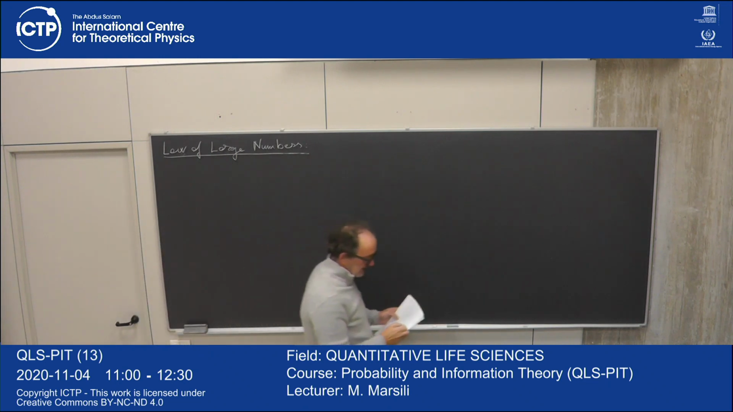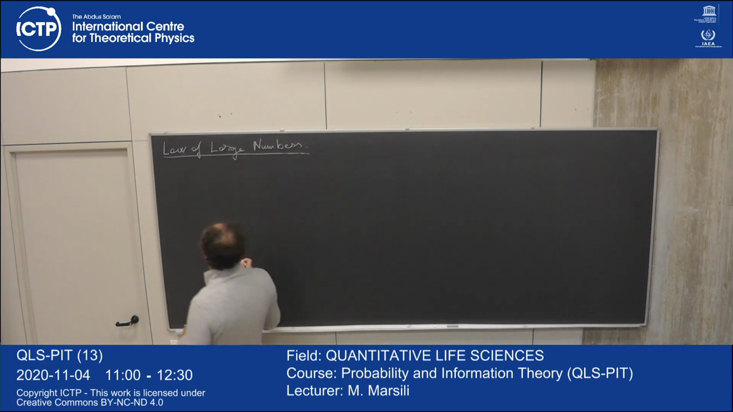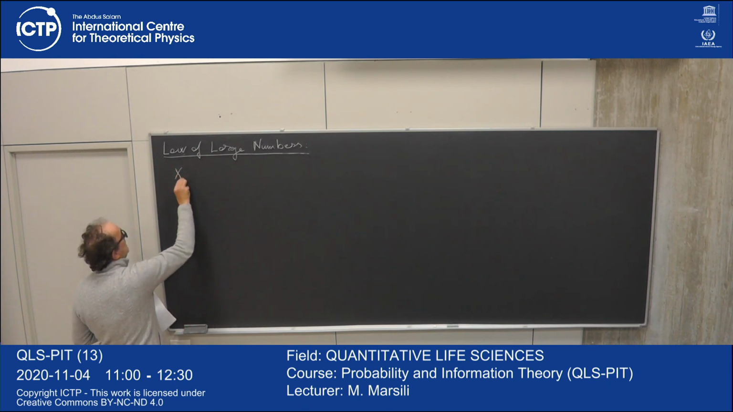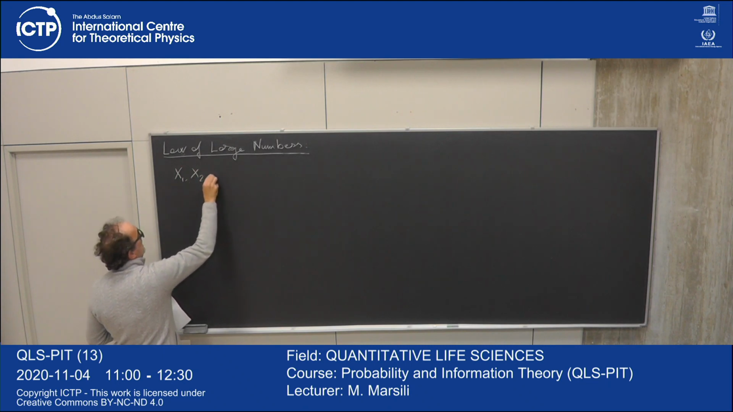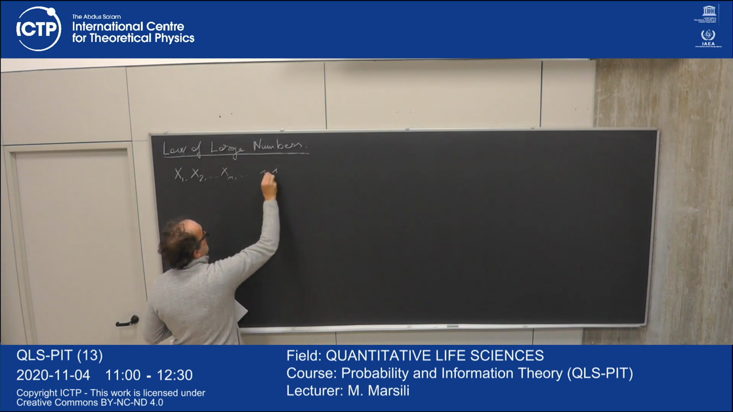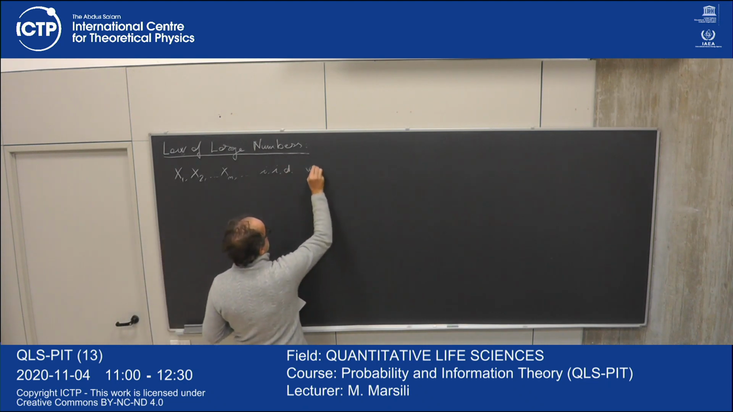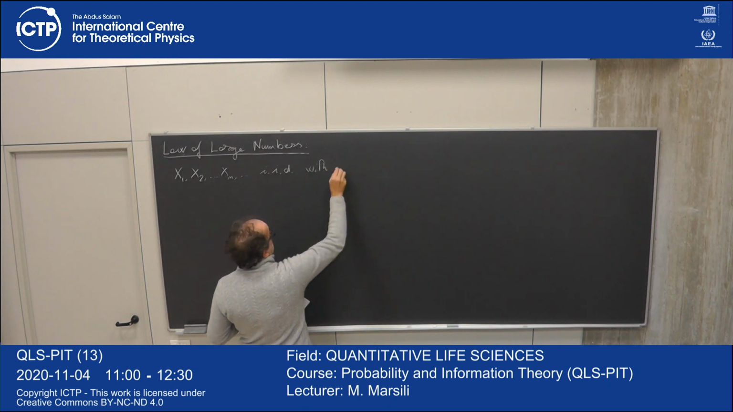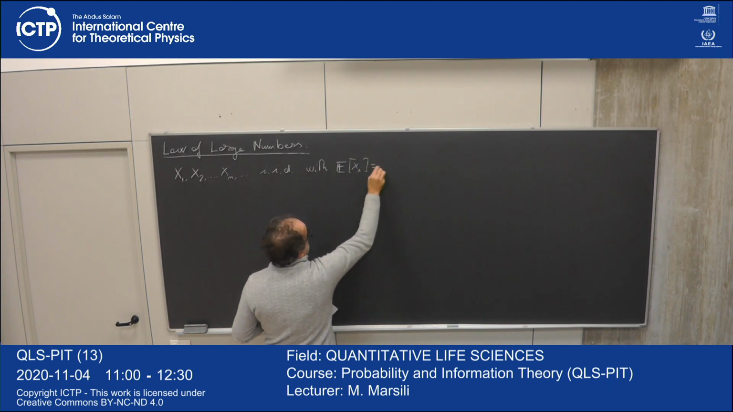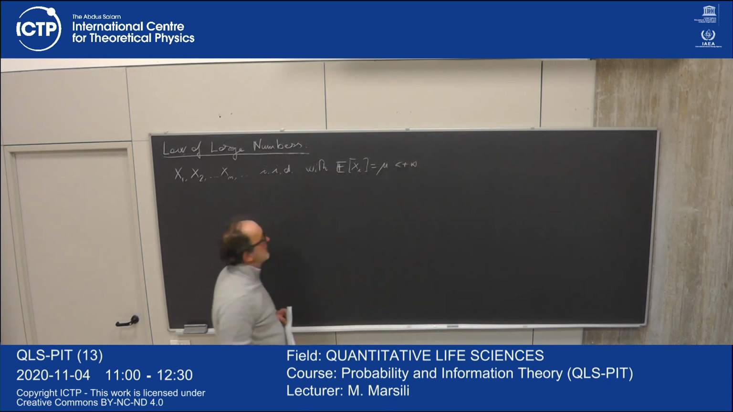Okay, so today we discuss laws of large numbers, and the law of large numbers is a statement that says that if you take a sequence of random variables which are independent and identically distributed, with the expected value of xi equal to mu, and this is finite,